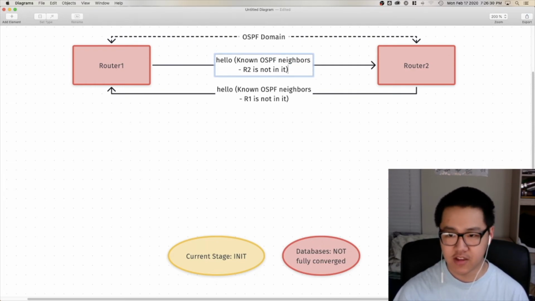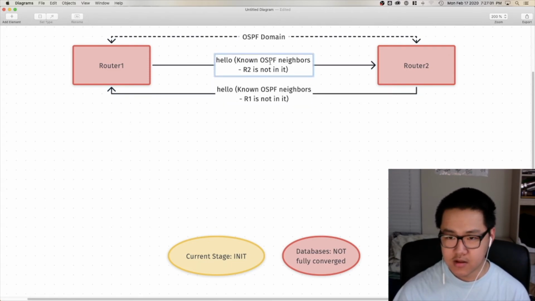This is its first hello, so there's no reasonable way, unless, we're assuming, by the way, that these hellos came in at the exact same time. If this hello came in first, obviously it would have known OSPF neighbors when R1 sent out its first hello, and that's how it usually happens anyway. But in this case, we're assuming that the hellos are received at the exact same time, faster than CPU processing time, which is hard to achieve. Anyway,